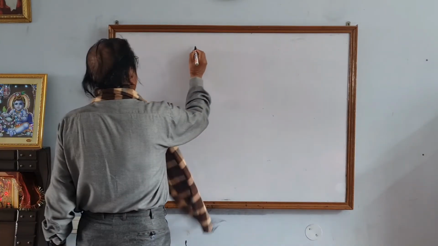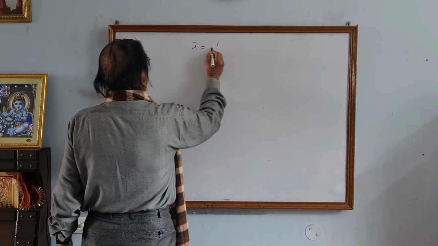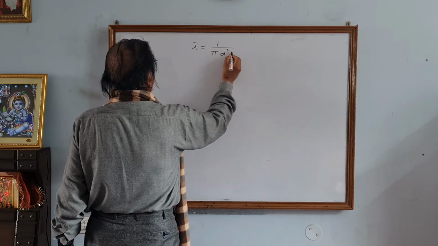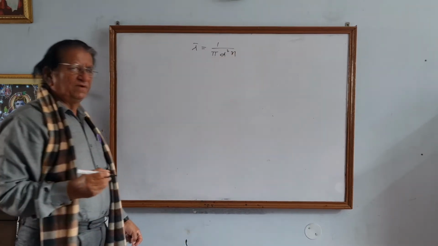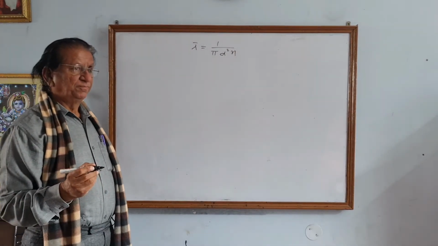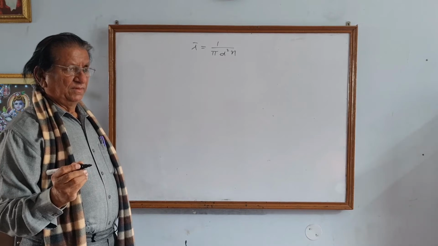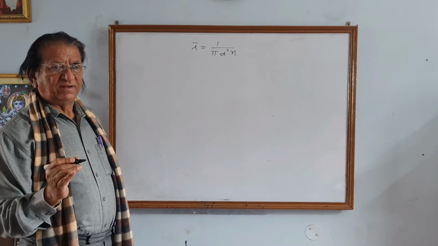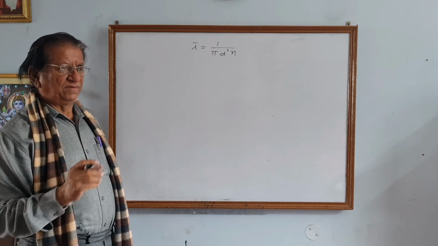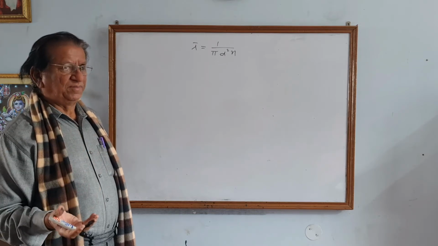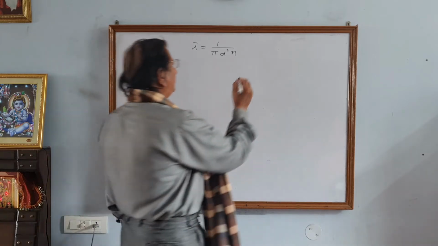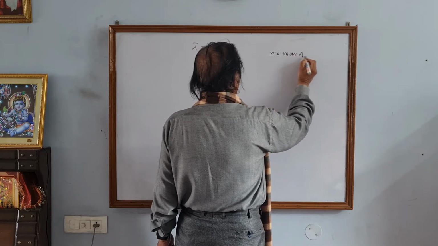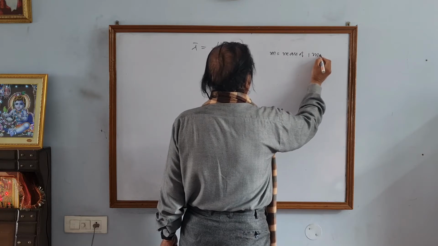Mean free path is 1 over pi d square n. What was n? Number of collisions. What was d? Diameter of one molecule. And what is lambda bar? Mean free path. Okay. If you take m as the mass of one molecule,